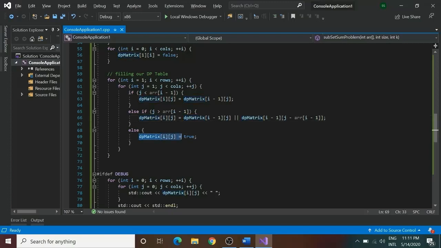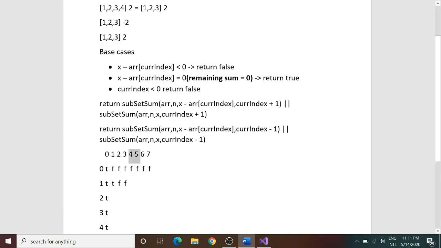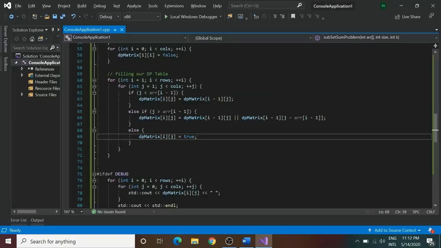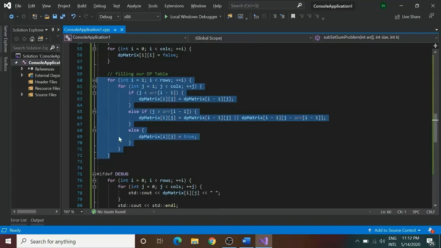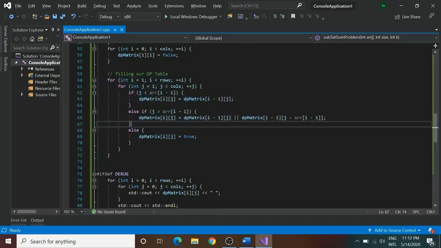Now, what is this else? This else again means this thing, that if this one and this one are same, so do I need to even branch out? No, I can easily see that in the last element index, I can see that I have the element which is equal to the intended sum or the leftover sum. So I do not need to even branch out. Hence, I would be directly putting true over there. So this is the way to fill our left DP matrix.